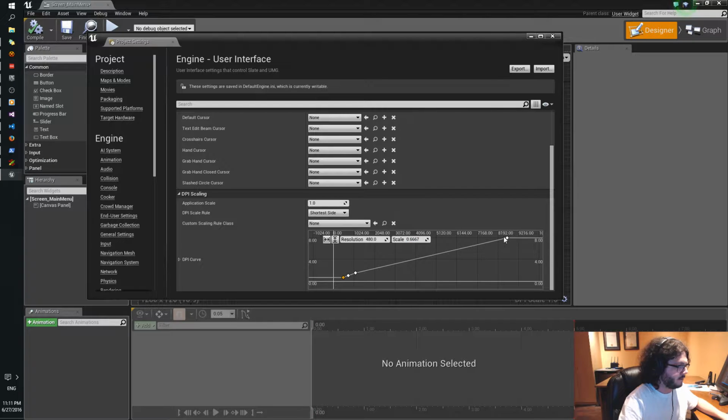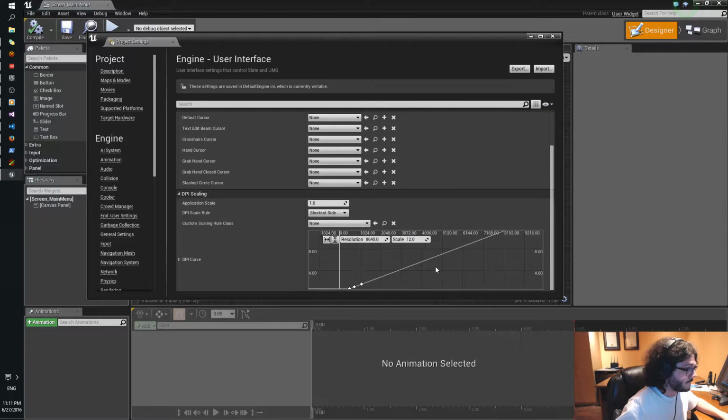So now we have to scale this up. So 8640 divided by 720, this would be DPI scale 12. So there's our linear ramp between those values.